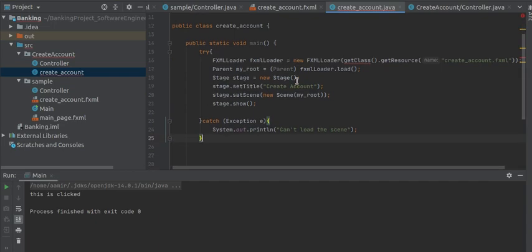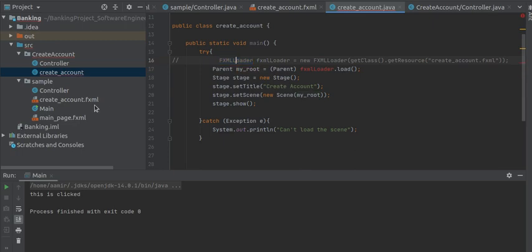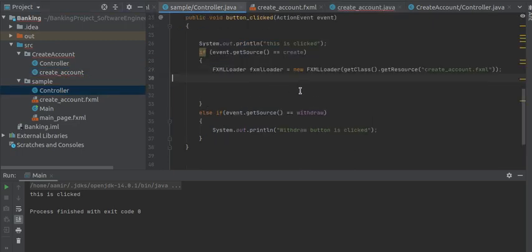Now if I run this it will not work, because first, the create account.fxml file is not present in this package, it is present in another package. If I copy this into this file, it will also not work, because this getClass is getting the previous scene from that package. The previous scene is loaded in this package, and this is in a different class, so this line will not work. The file will fail to execute. Now let's copy this load file, comment it out here, and in this controller just paste this.